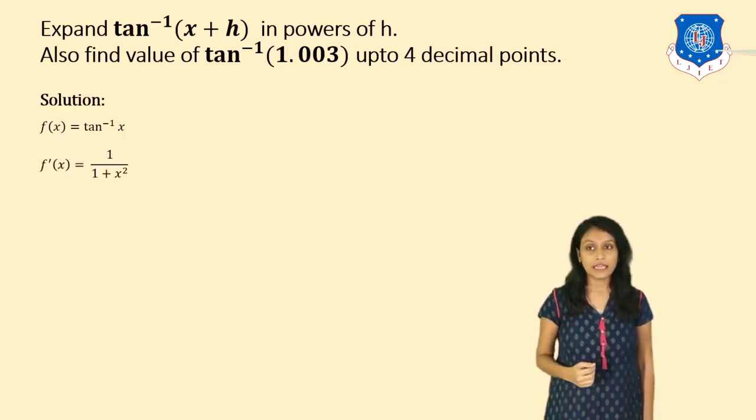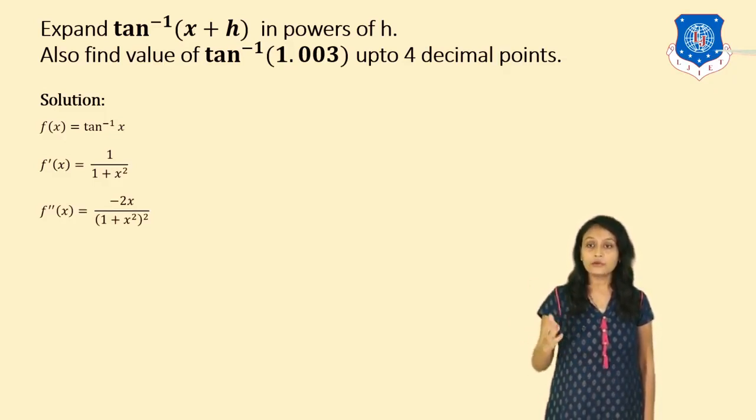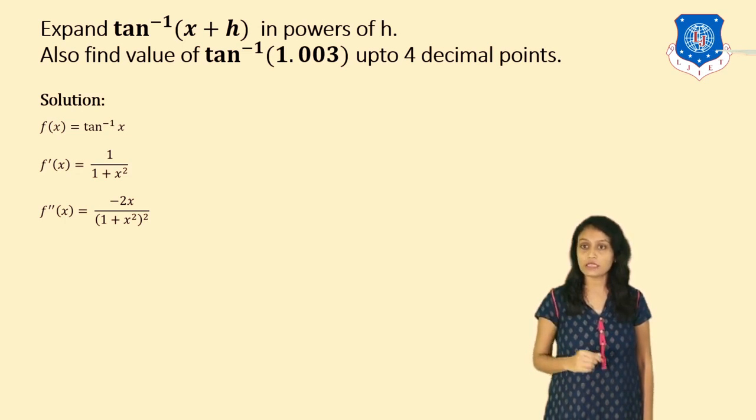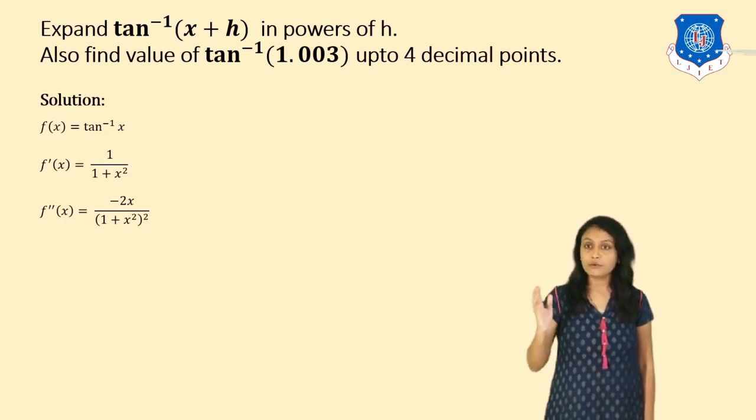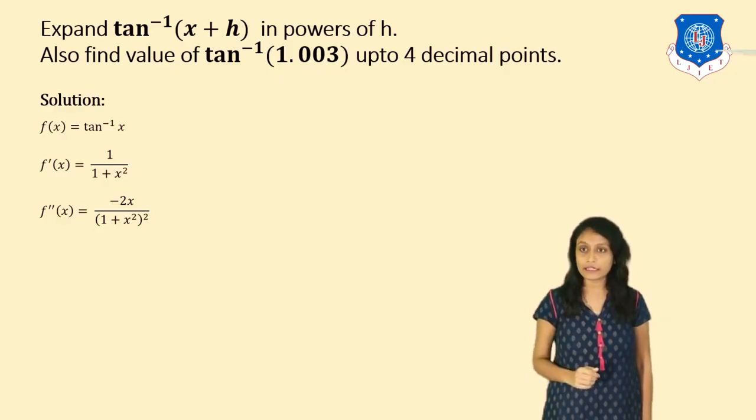Now we have to take its derivative. So f dash x will be 1 upon 1 plus x square. f double dash x will be minus 2x upon 1 plus x square whole square. Right? Here we can use the formula for 1 upon x. Derivative of 1 upon x is what? Minus 1 upon x square. So here apply that formula. So you will get minus 1 upon 1 plus x square whole square, and then apply chain rule. So derivative of 1 plus x square will be 2x. So into 2x. So final answer will be minus 2x upon 1 plus x square whole square. If you want to apply division rule also, you can apply that.